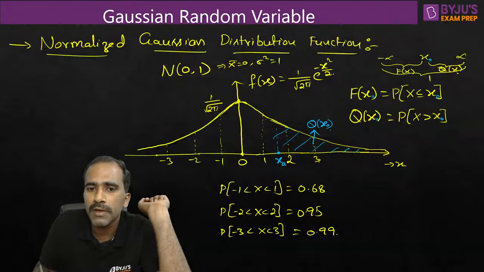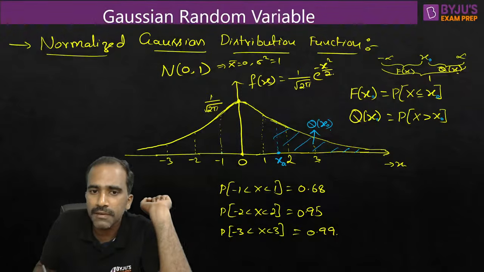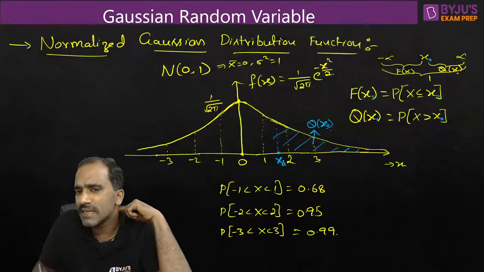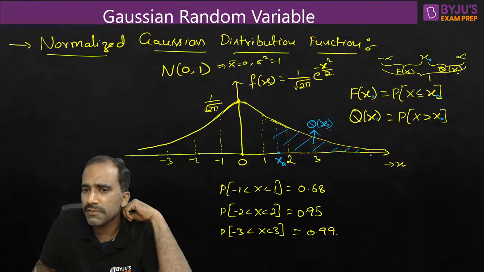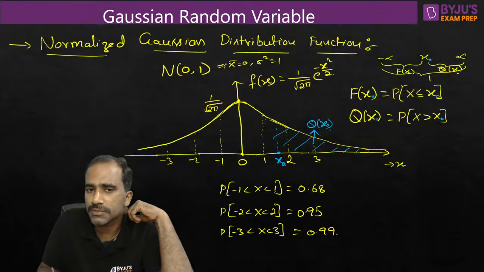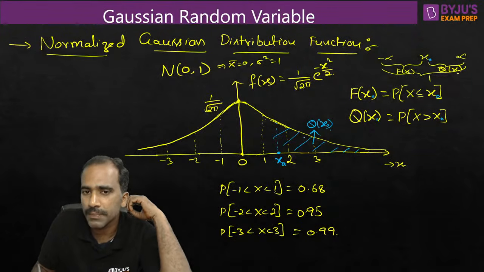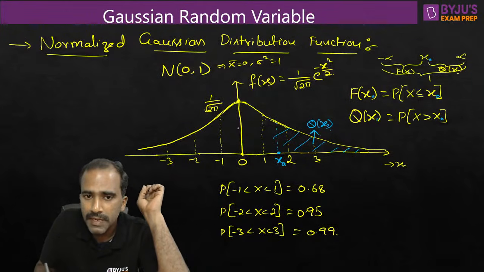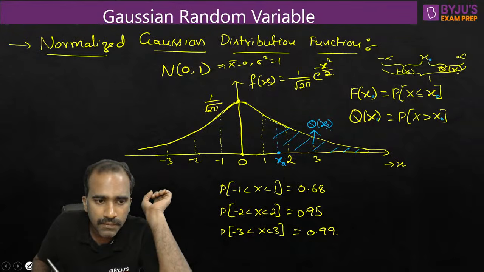Okay. So if you're talking about the area from 1, it represents Q of 1. If it represents the area from 0, it is Q of 0. If it represents the area from minus 1 to infinity, it is Q of minus 1. So in a general manner, I've talked about x naught. X naught is any value. From x naught to infinity, if you find the area of the normalized Gaussian distribution function, that we call Q of x naught. And this remaining area, observe this remaining area.